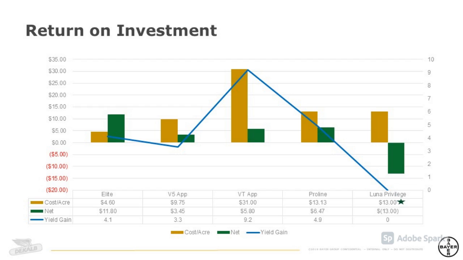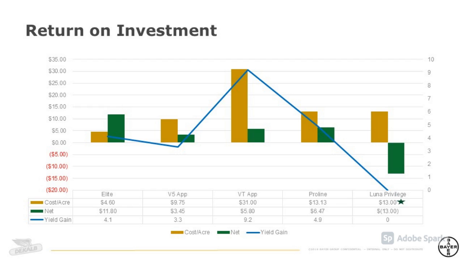So in this case, Elite seed treatment added 4.1 bushel to the acre. Its cost is roughly $4.60 an acre, and so it netted us about $11.80 an acre for that treatment choice based on my data set. So you can see that both the V5 and VT fungicide applications did both provide a positive net income on